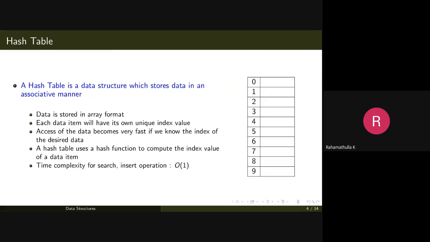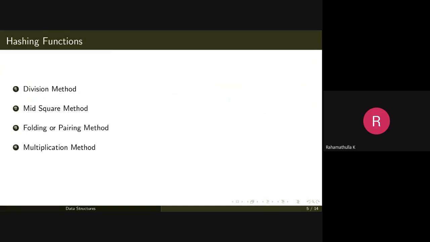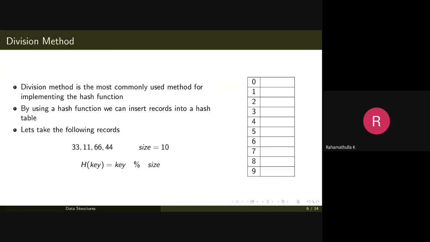So you can see that the time complexity of the search and insert operation is order of 1 here. Next, we'll see different hashing functions. The popular ones are division method, mid-square method, folding or pairing method, and multiplication method. We will see them one by one.